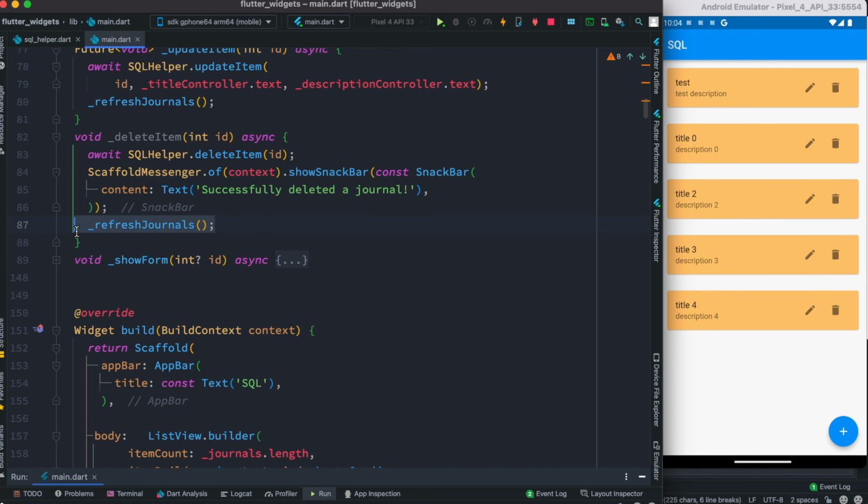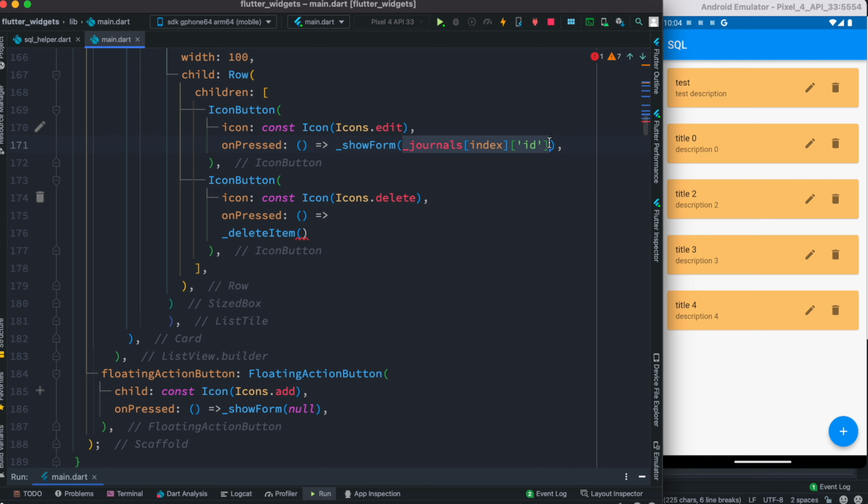Anyway, so now we'll copy this one and come down to our UI section over here, and we'll just simply paste this one, and inside this we want to pass the ID. So now the ID once again is coming from here, so grab it and put it over here, and we are good to go. Now let's restart it,